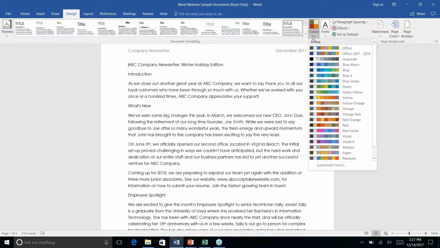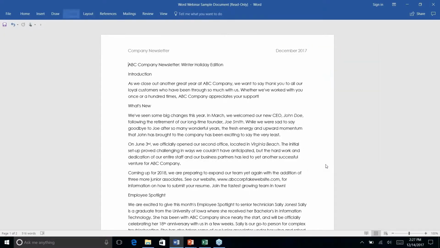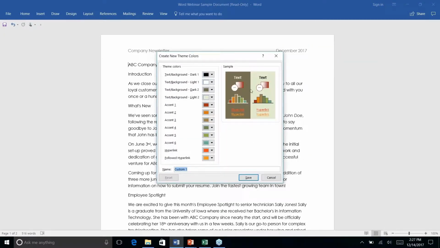then you can go through and change the color scheme here for, again, the entire document. You can pick one of the ones that comes already pre-populated by Microsoft, or if you don't see one that you like, you can customize the colors yourself. So in this customization option, it even gives you a nice little preview of what your page is going to look like. It gives you options for a dark theme, options for a light theme,